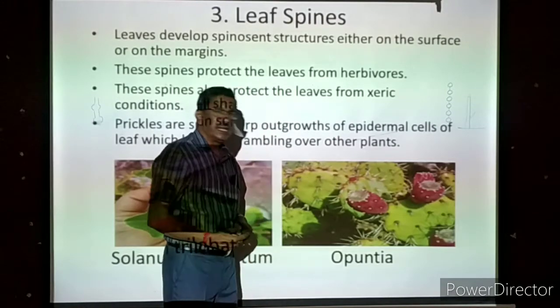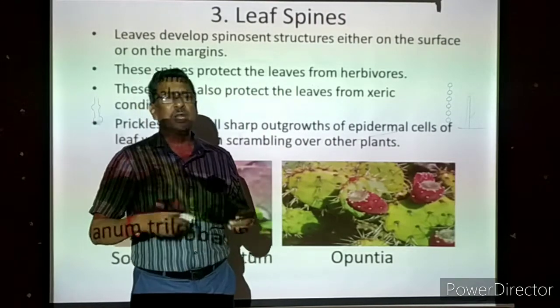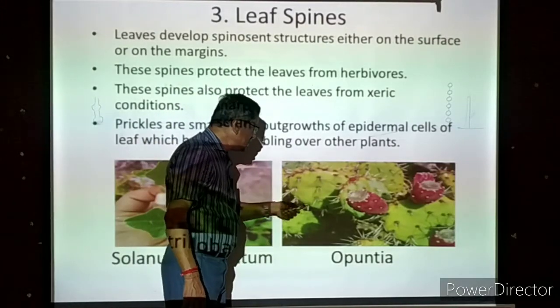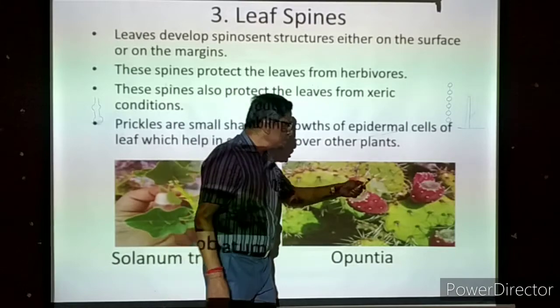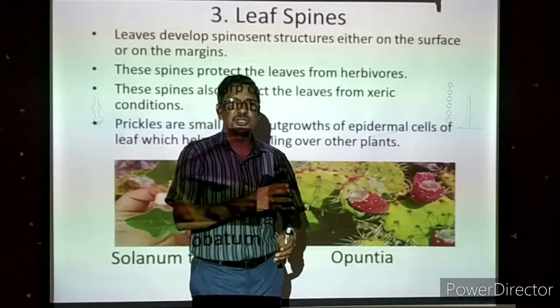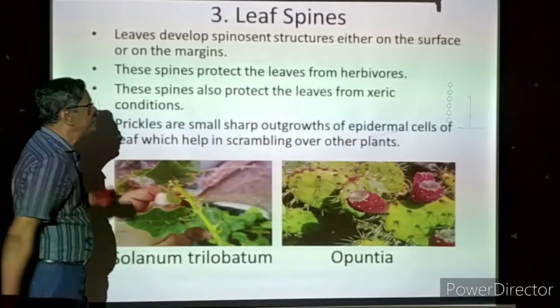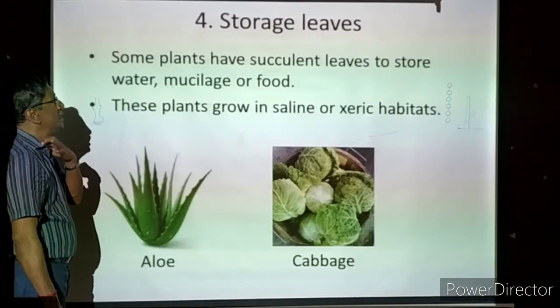Second one, the stem is green, thick, fleshy, leathery, having a lot of water. So cattle will try to come and eat the stem, but the thorns are there everywhere. The thorns will not allow the cattle to touch the stem. So the stem is well protected. That is the purpose of the thorns modification, leaf spines.